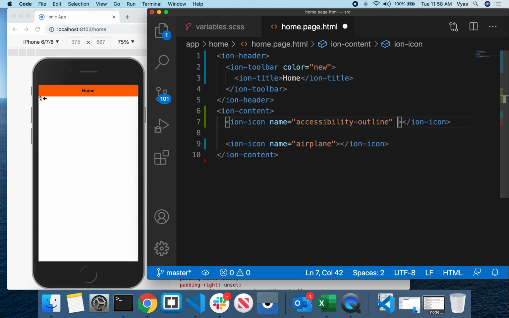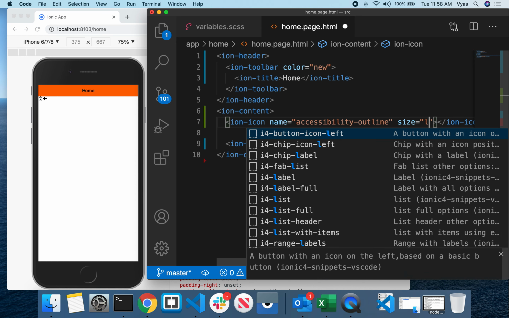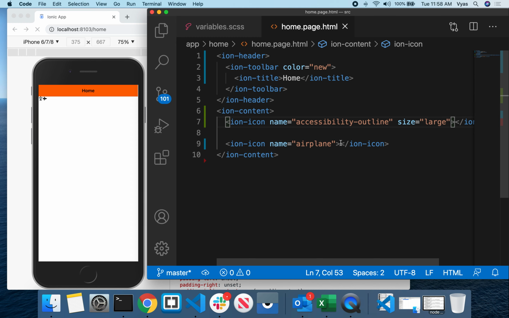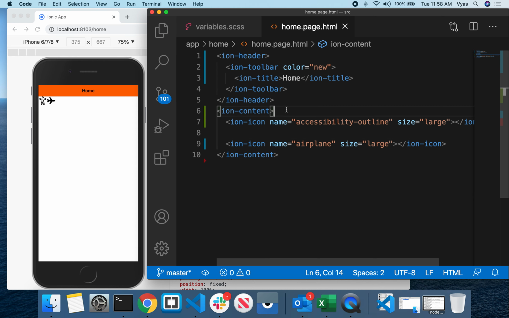And the next thing is I want to increase the size of the icon. Simply you can write size equals large. By default it will display the medium size for the icon. If you want to increase the size of the icon, you can use size equals large here. When you use size equals large, it will increase the size of your icon. Okay, so small, medium and large. The size is an attribute to change the size of your icon. Either you can reduce the size of the icon or you can increase the size of the icon like this.